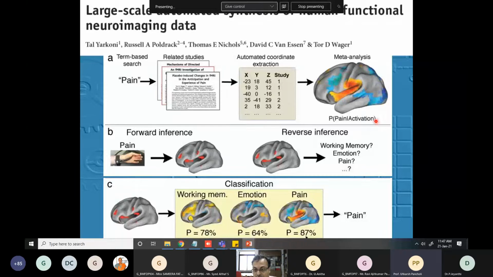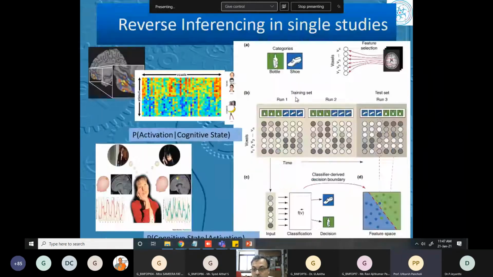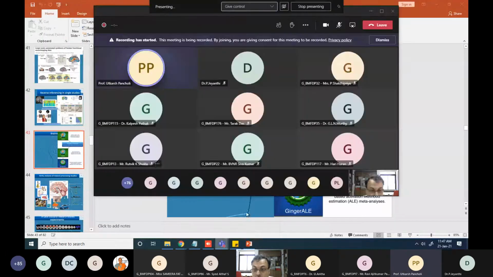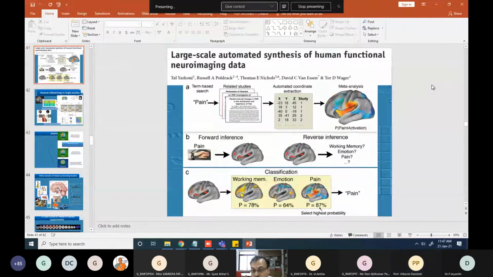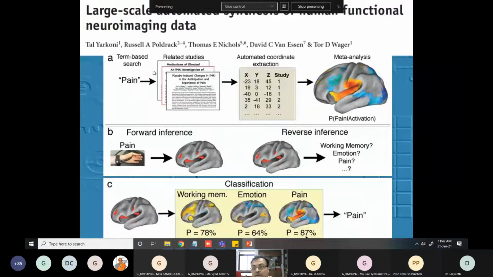Sir, please unmute your mic. Your mic is muted. Krishna sir, please unmute your mic. Your mic is muted. Okay, so from where do I repeat? Yeah, this slide, sir.